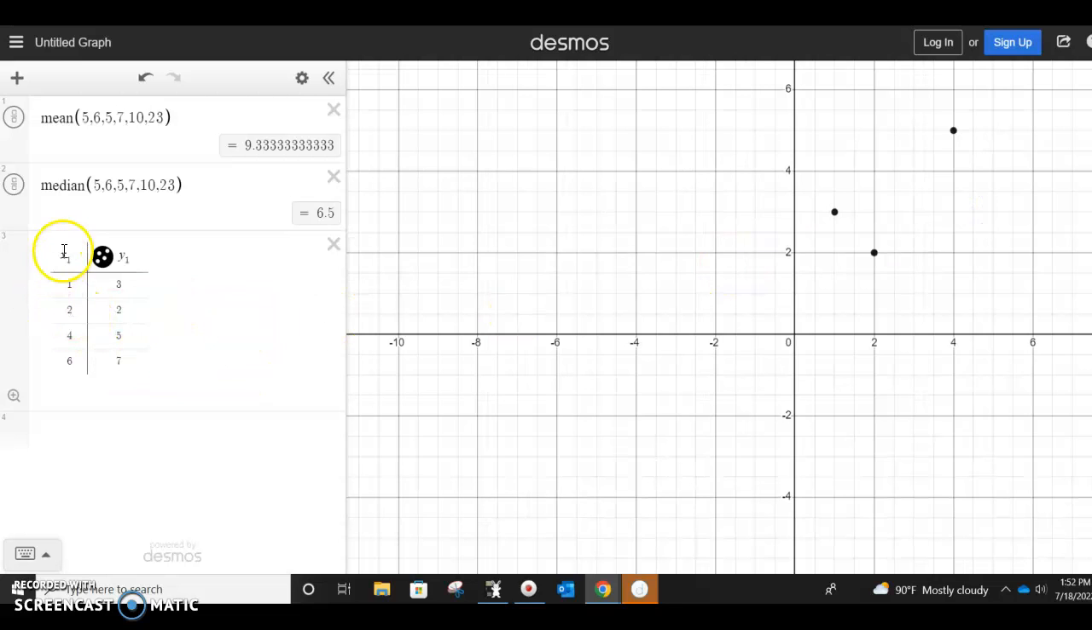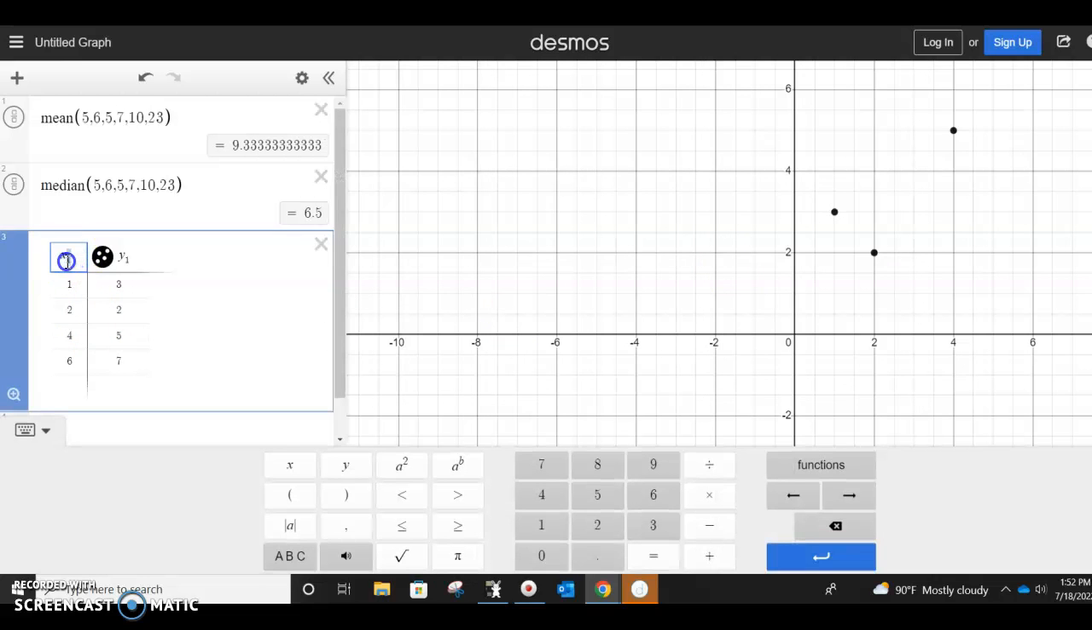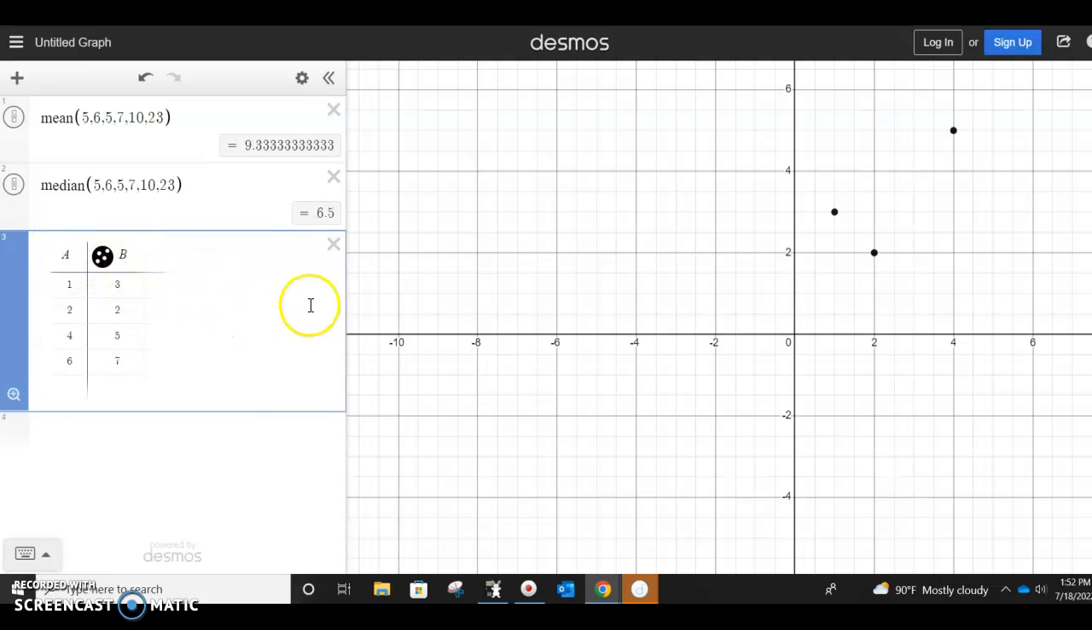But now that I have these two lists, we call these lists X1 and Y1. You can change them to different letters if you want, A and B or something like that. You can change these to be whatever you want. And so now if you're doing a two-variable statistic,